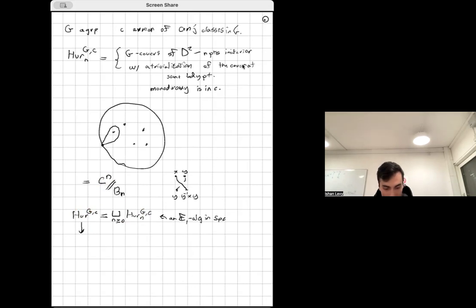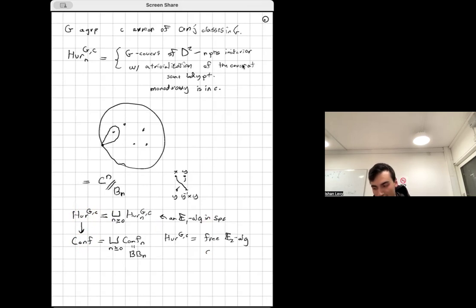And there's a map from this to the configuration space, which I'll use to denote the union of the configurations of endpoints in the disk, which is also just the classifying space of the braid group on n letters. And this is really the free E2 algebra on a point. That's what this is. And in fact, the Hurwitz spaces also have an interpretation as an E2 algebra, but not in the category of spaces. So you can also say that this Hurwitz space is the free E2 algebra